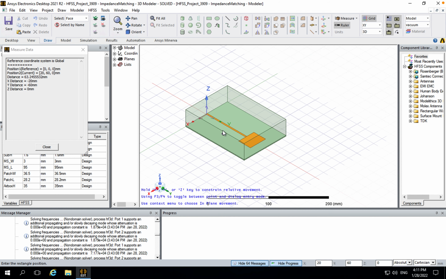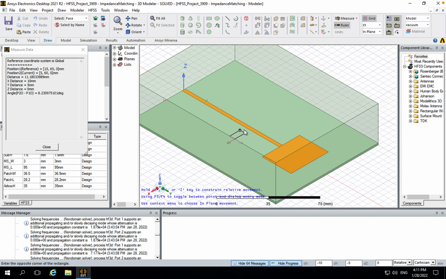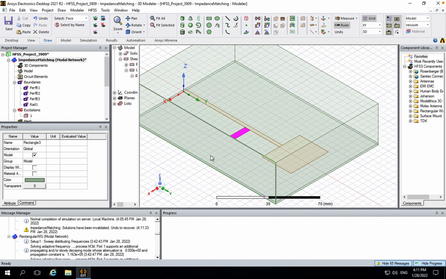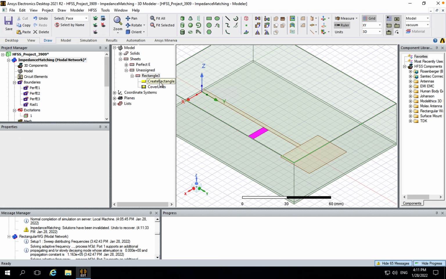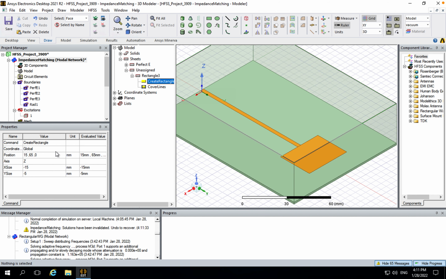All right, so basically we want the piece of transmission line right here. So what you need to do is you need to create this piece. You need to set the location based on the values that you get. So of course it will be, for example, on top of the substrate, right? So the position will be on top of the substrate. It has to be in the X dimension. It has to start from MSW over 2,